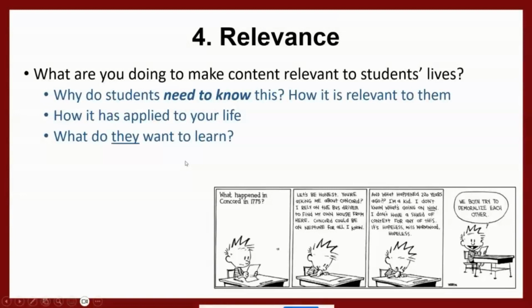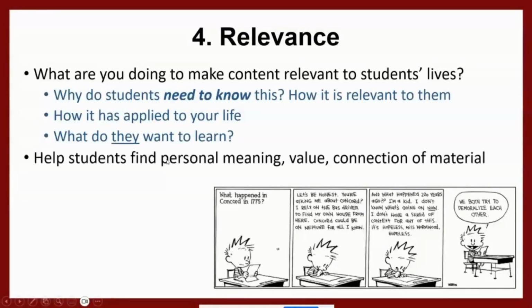And I think it's important to talk about that with not just respect to the content, but the assignments that you're doing. I'm having you do this assignment because of this, and this, because you will see it like this in the real world or in your particular type of job. Make it relevant. If it's not relevant, if it's not something that they will see in another way in another class, think about how you can change it to make it so. So help them find that personal meaning, that value, that connection.